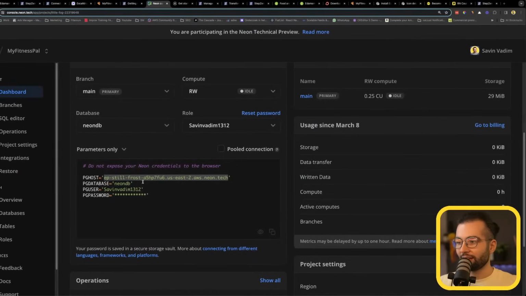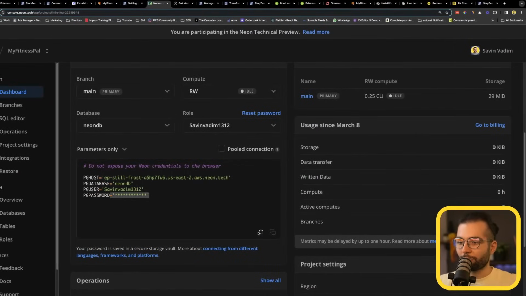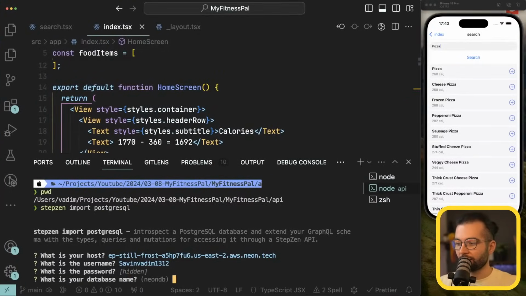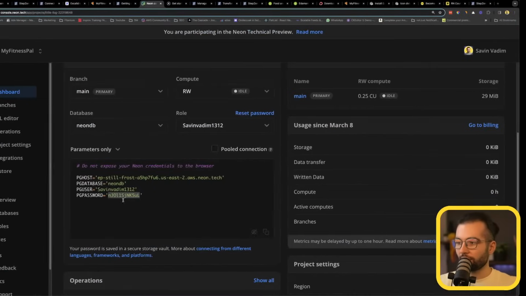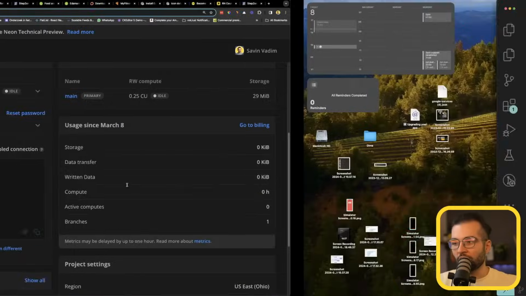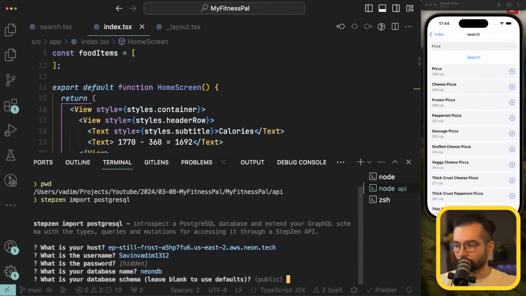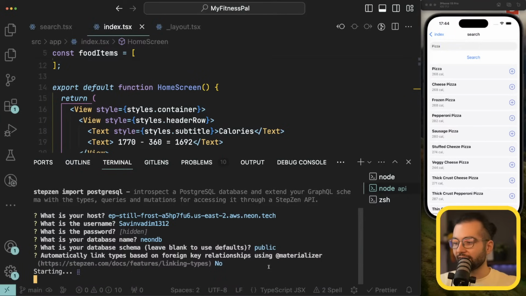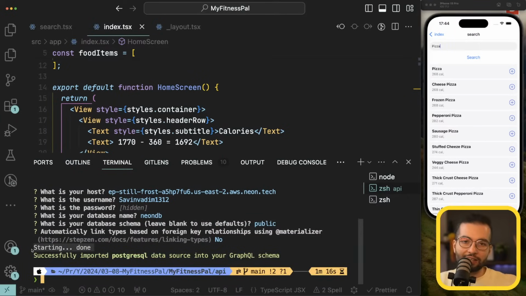What is the password? Come here. To check the password, you're going to open it up with this icon, take the password, paste it here. And what is the database name? The database name, in our case, we didn't change it, so it's NeonDB. If you changed it, you're going to find it here as well. And the schema, we didn't change it, but we need the public schema, so leave it as it is, just simply press enter. The next step, write N to say no, press enter, and now StepZen is connecting with Postgres